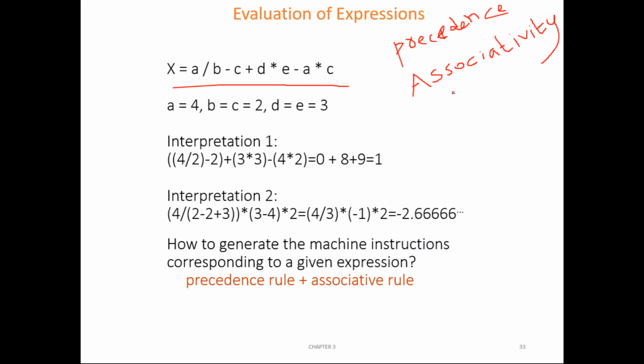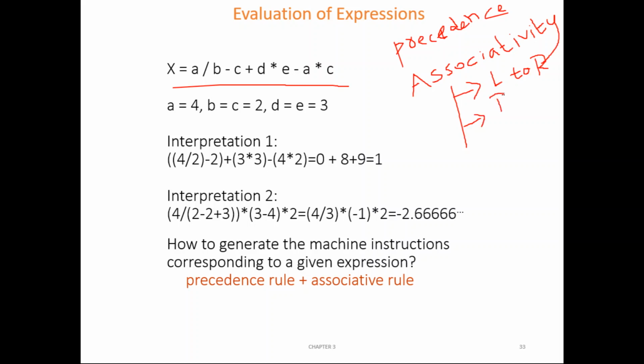Generally the instructions are executed in left to right order. But in some rare cases, it may also be executed from right to left.